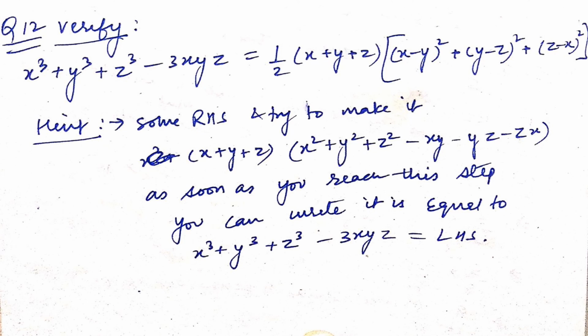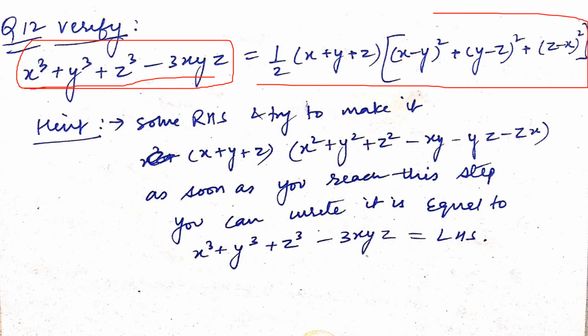Now question number 12, x cube plus y cube plus z cube minus 3xyz. This is formula number 10. We know its answer is x plus y plus z bracket again x square plus y square plus z square minus xy minus yz minus zx. That is the formula. But this time they have given something different to us on the right hand side. Just by looking at it, you have an idea that it is wrong. What we have learned is something different. The question is saying you have to verify, which means it is correct. Maybe they have rearranged the terms in the answer or the formula so that they have got this term.